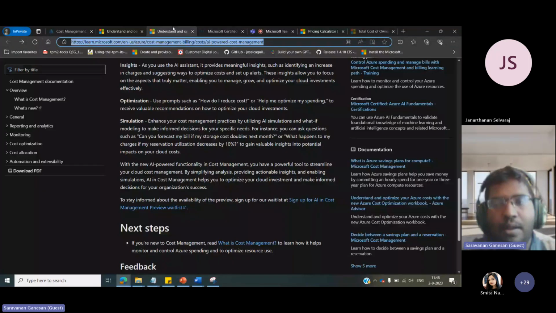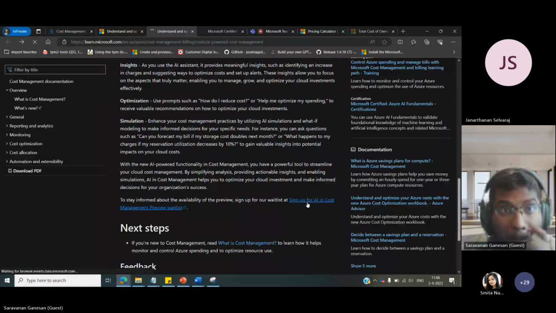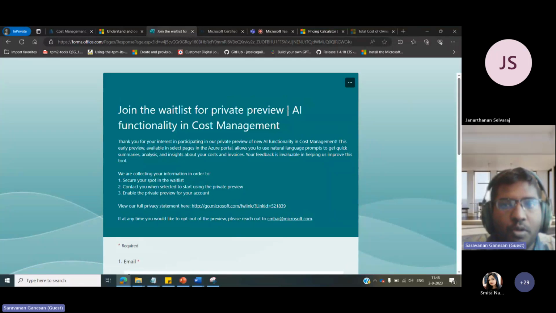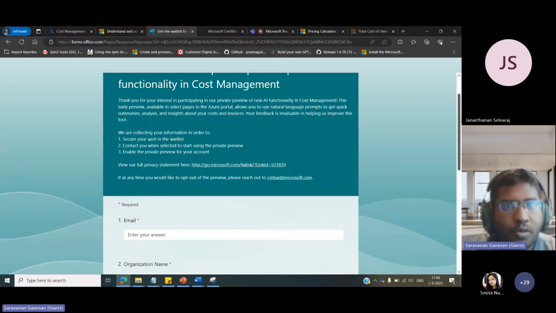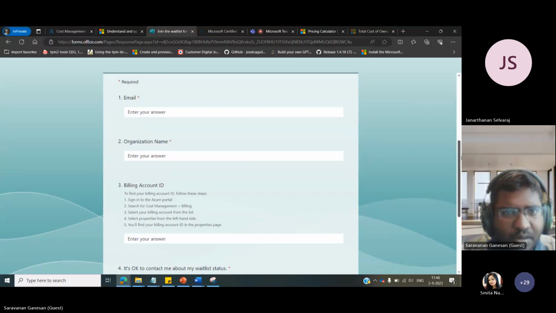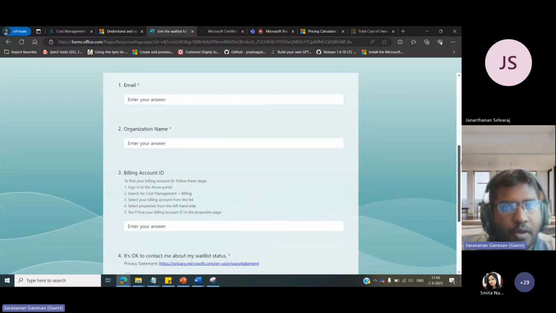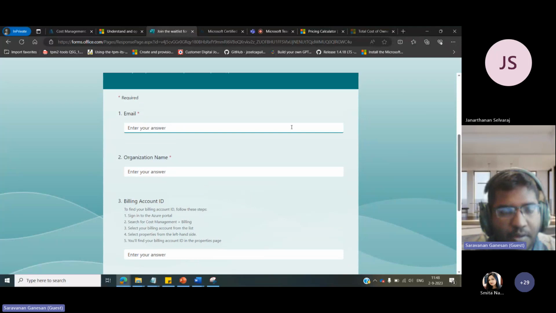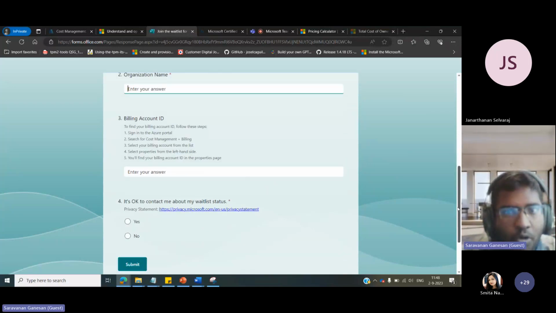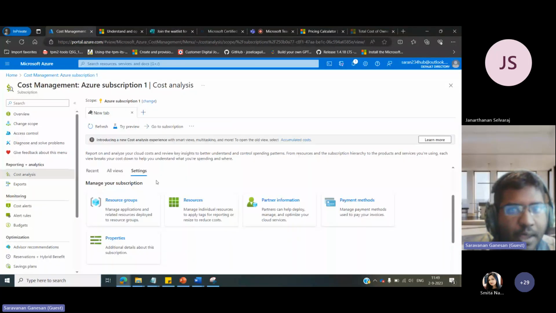This is the link which I provided in the slides, and this is the page where you need to fill in this form to join the waitlist for the preview AI functionality in cost management. You need to give your official email ID, the organization email ID you work with, your organization name, and your billing account ID. For the billing account ID, if I go to my Azure web page and look here,